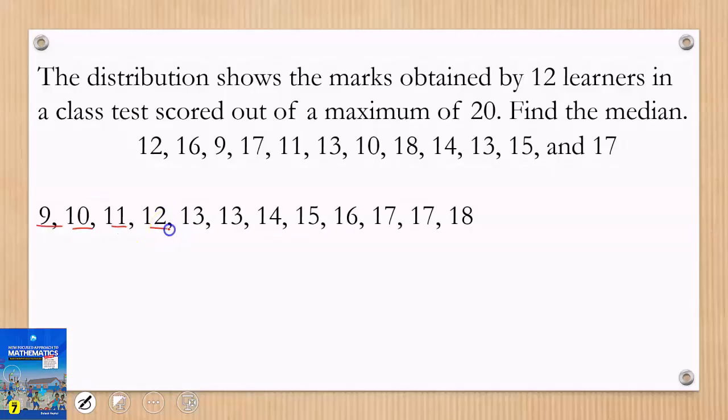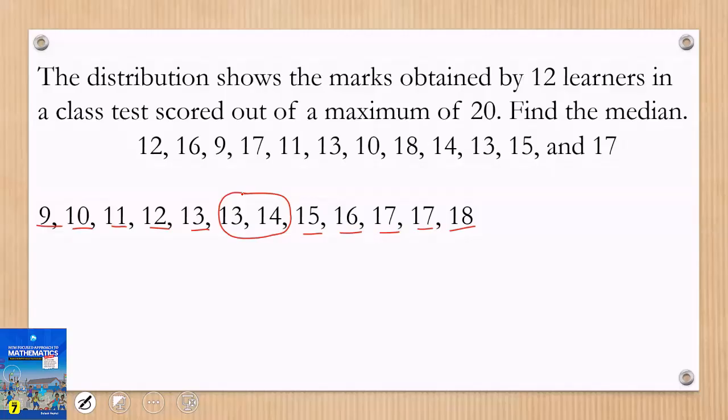1, 2, 3, 4, 5. Let me count from here: 1, 2, 3, 4, 5. Then I can see that these two numbers are in the middle. Counting from left and then right, I see two numbers. If it were only one number, that number becomes my answer. But now that we have two numbers, according to the principle of median, you pick these two numbers and find